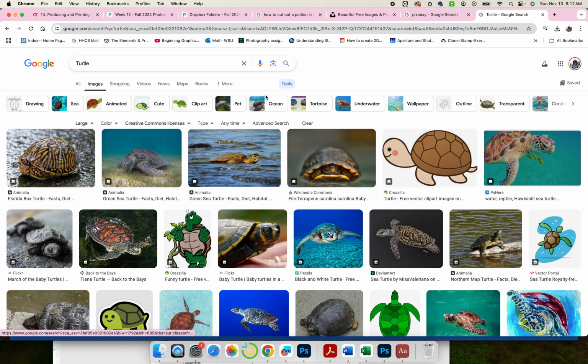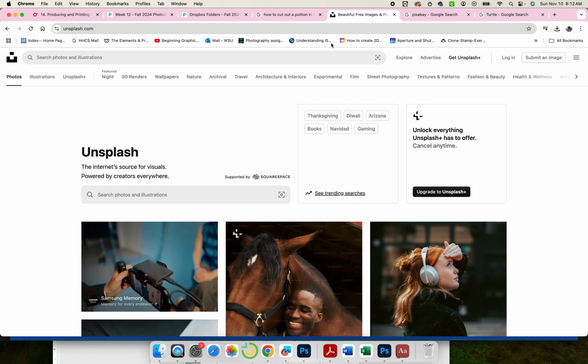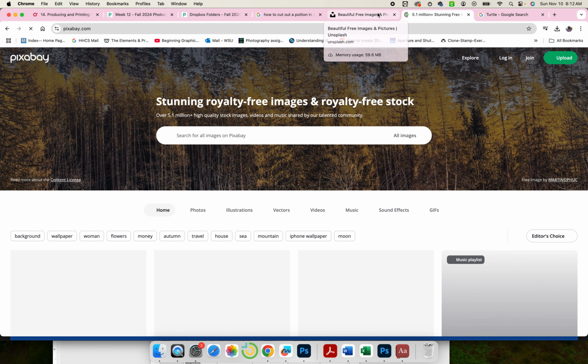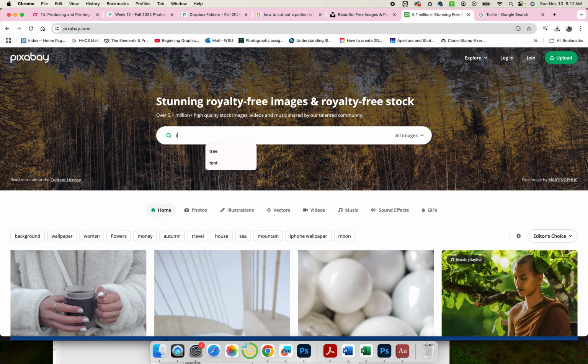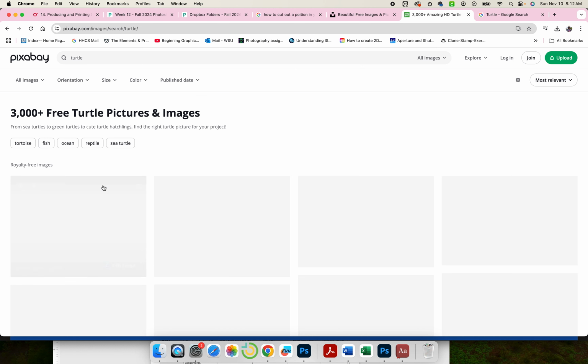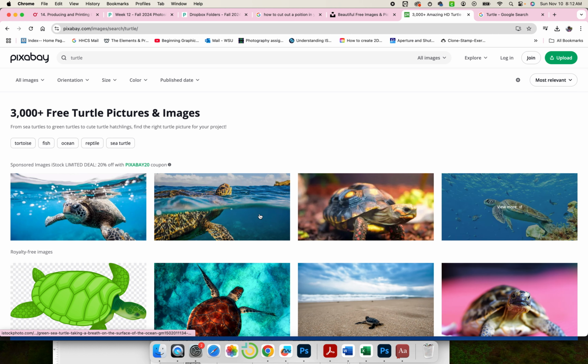Last thing I want to mention is there are sites out there that do have a lot of royalty-free images. Unsplash is a good one. Pixabay is another good one, or Pexels, either one of those. So let's say I go in here, and this time I'm going to search for turtle again. Make sure, again, you are on all images. The nice thing about some of these sites is once you find your image,